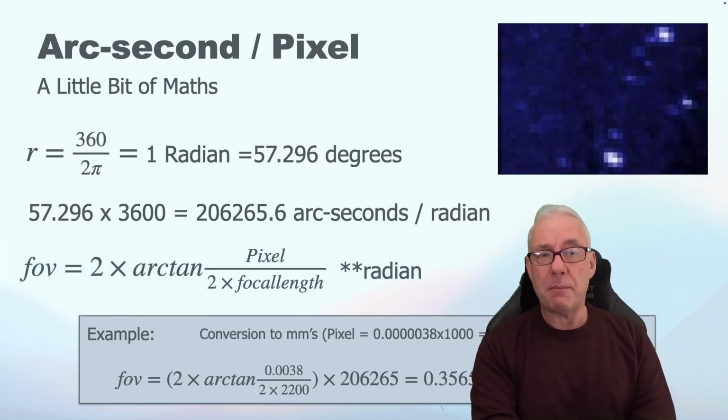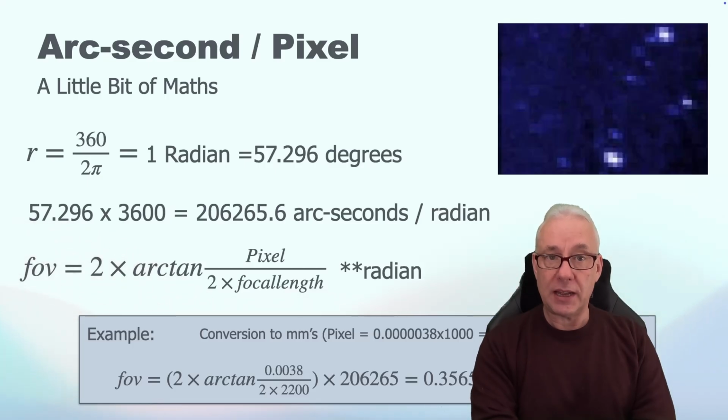Now 3.8 micrometers would normally come out to 3.8 times 10 to the minus 6. Now, because I'm in millimeters, I can increase by a factor of 1,000, so that 3.8 micrometers now comes out in this formula to 0.0038. That number needs to go over 2 times the focal length in millimeters,